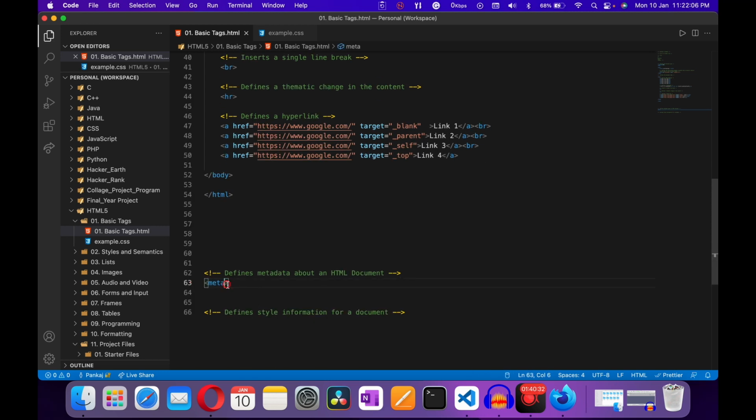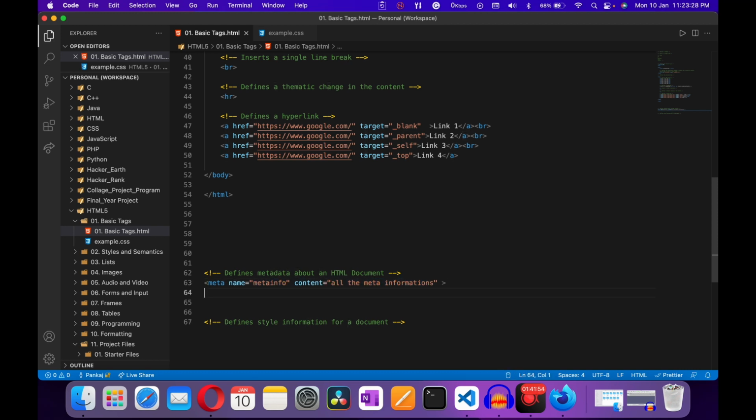Right here you can see only meta. If you want to insert any information inside your meta, you have to type name, and inside name you can insert anything you want which is related to your document, or meta information about your document. And after that, content. In the content you have to type all the meta information, as an example, all the meta information. And in name you can type the name of your own meta information. As an example, I'm just typing meta info. So in the meta info name there is data, which is all the meta information.